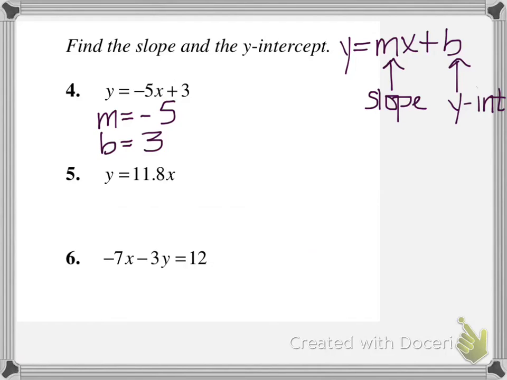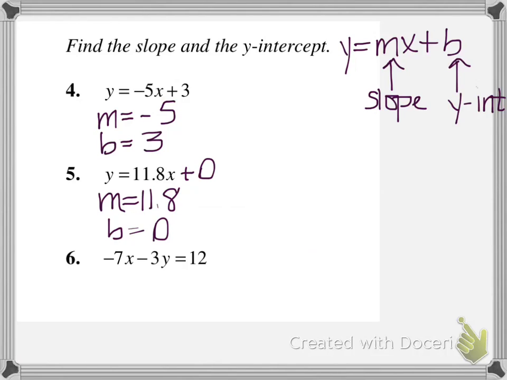In number 5, it's in the correct form. It's missing something, and there doesn't seem to be that plus b part, but we could put it on there if we wanted to, as 0. So the slope is 11.8, and our y-intercept in this situation is 0. Now number 6 is not in the form, so we can't identify any information unless it's in y equals